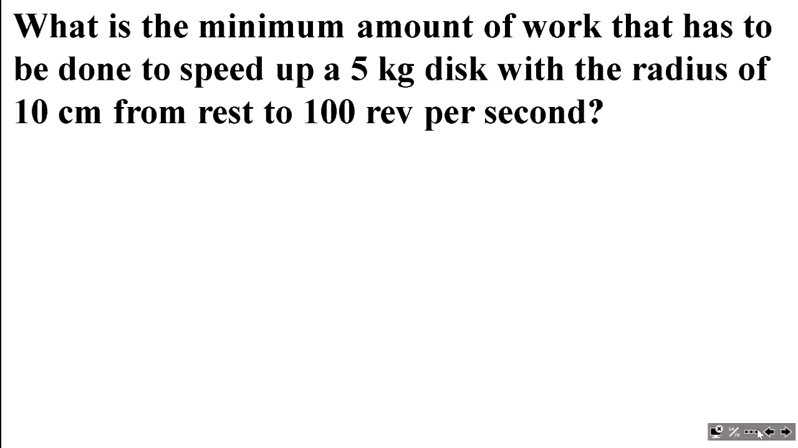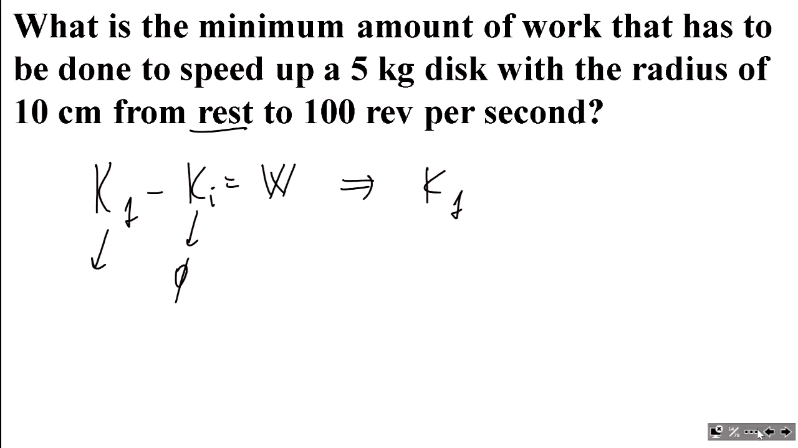Work kinetic energy theorem immediately gives the answer. So first, of course, we have to write kinetic final minus kinetic initial equals that amount of work we are looking for. If it starts from rest, initial kinetic energy is 0. Final kinetic energy is the number we are looking for because it will give away the answer about the work which should be done. So all we have to do now is just apply an expression for rotational kinetic energy,